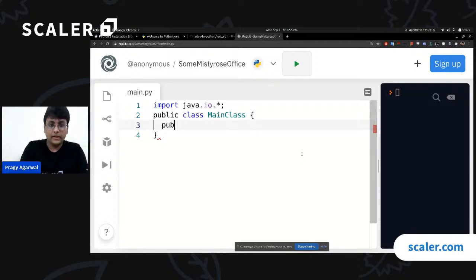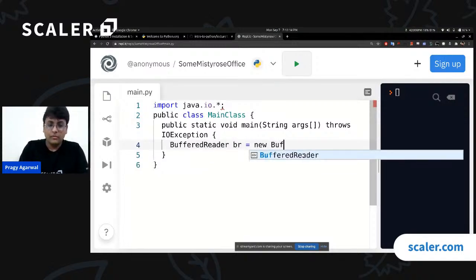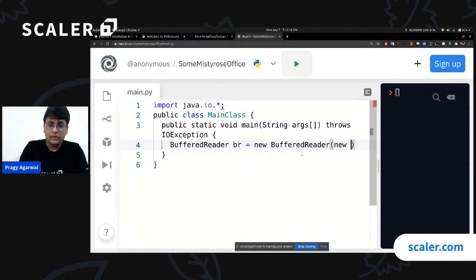You will do public static void main string args. You will do throws IO exception. And in there you will do something like buffered reader br equals to new buffered reader new input stream reader